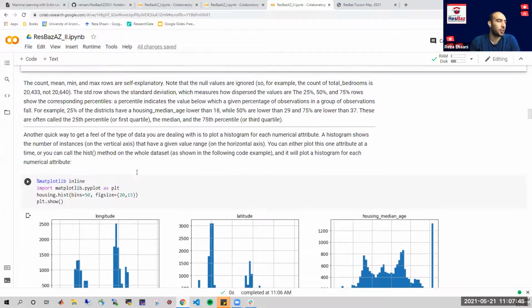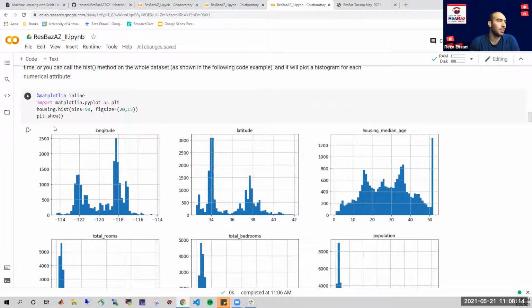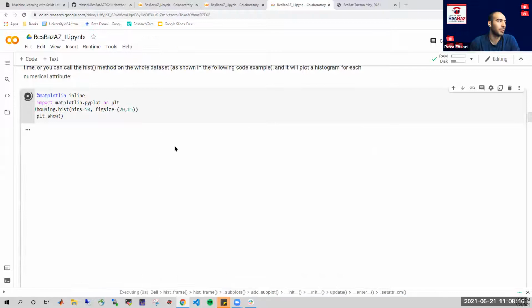There's also another quick way to get a feel for the type of data you are dealing with, and that's to plot each numerical attribute. A histogram shows the number of instances on the vertical axis that have a given value range on the horizontal axis. And you can either plot one attribute at a time, or you can call the hist method on the whole data frame. And actually this code example does that for you. If you click on run,